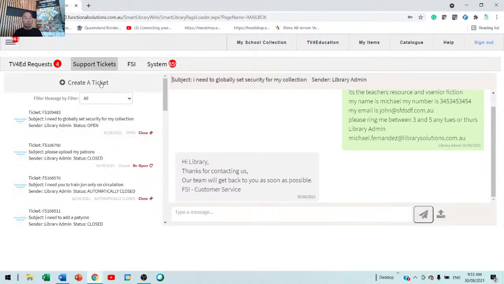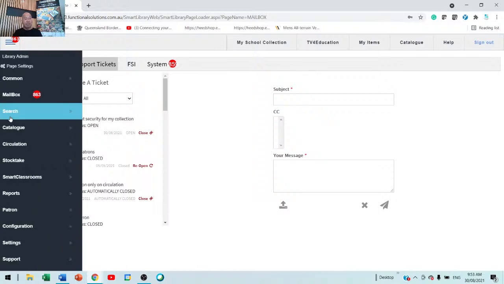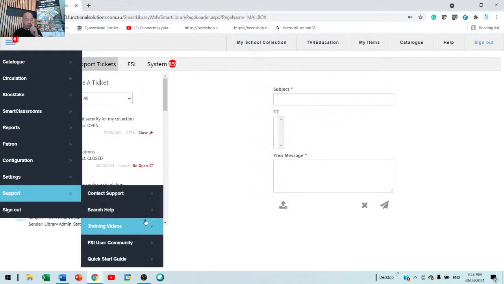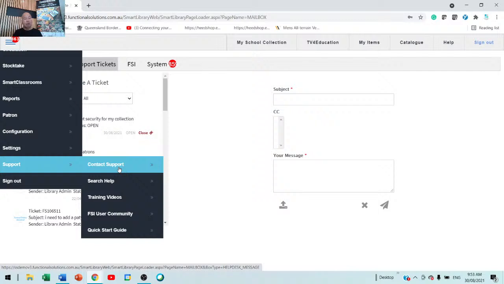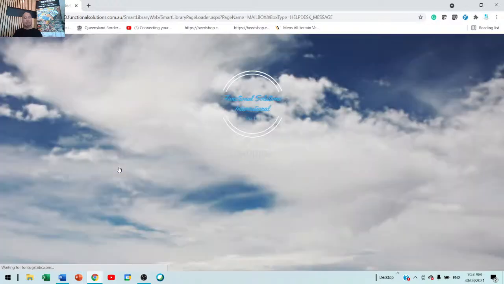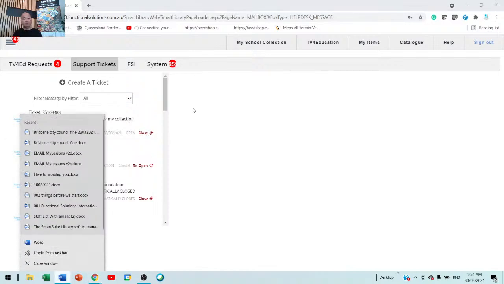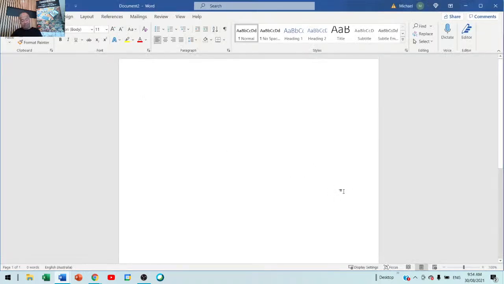Or, from security, you can go to support. So I want to have a look at training videos, I want to join the functional solutions community, or I want to get into the quick start guide, or I just want to contact support. You can create a tech note, or if you don't want to do any of that, guess what? Let me open up a blank document, and you can contact us at